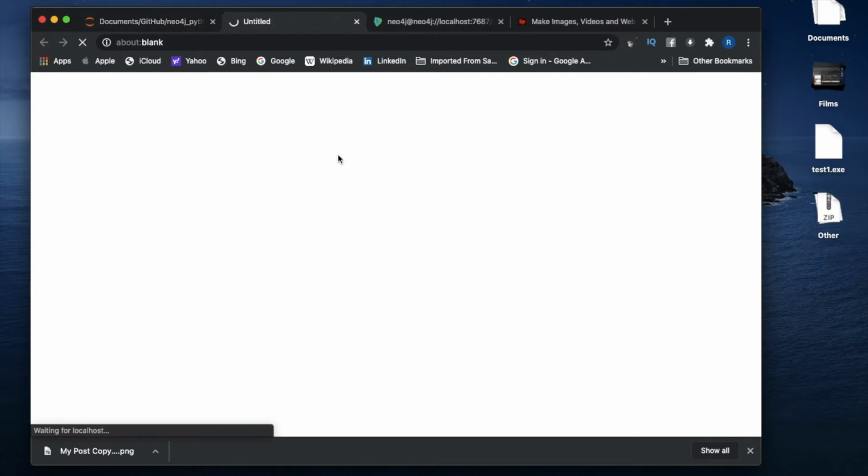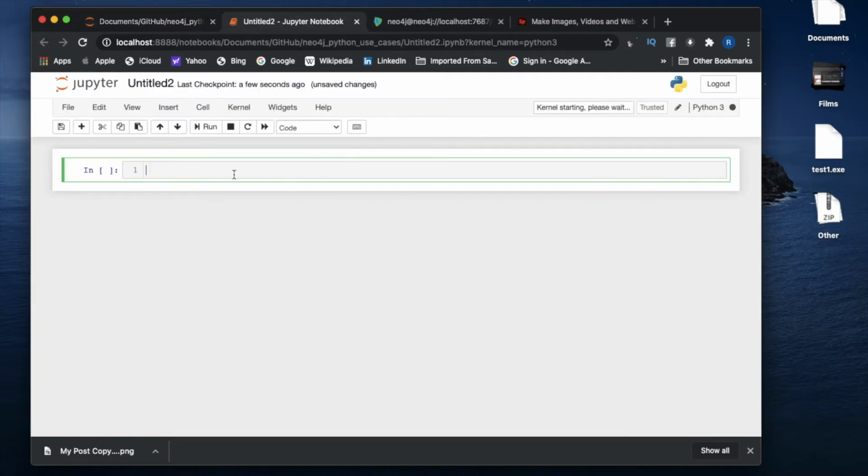Let me open a new Jupyter notebook and rename it to tutorial 96. Then we'll write: create multiple nodes using apoc procedure and Python.